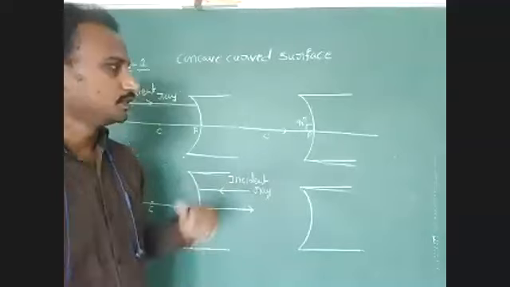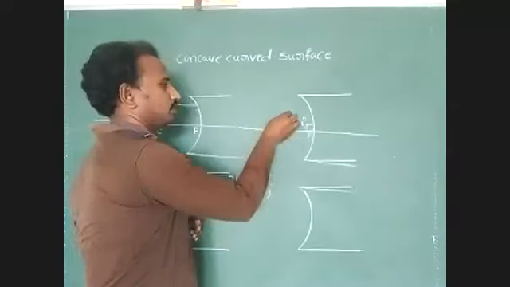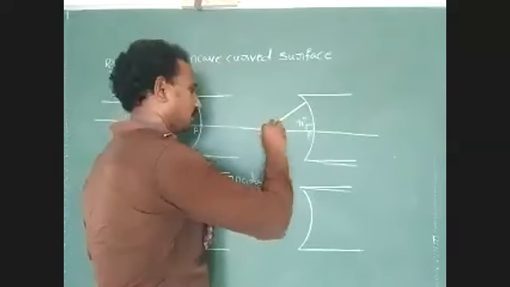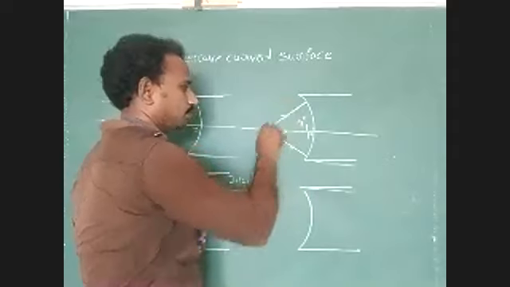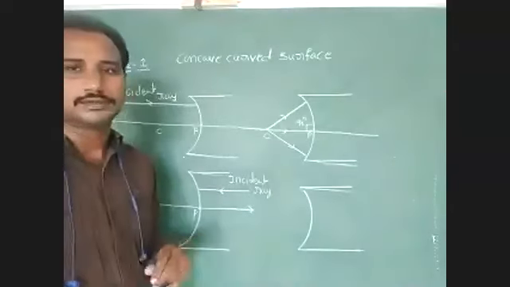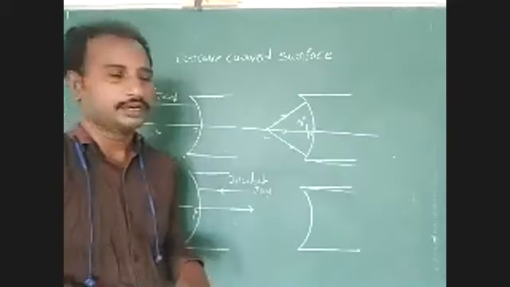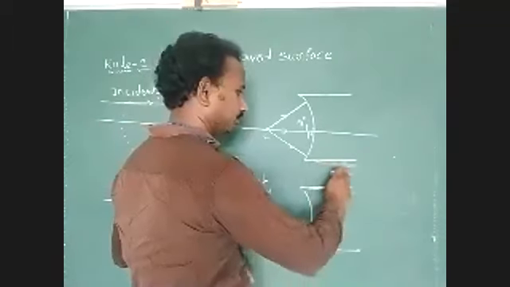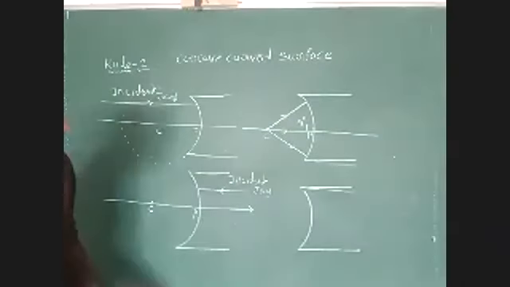Students, just identify this point. We represent the incident rays from the center of curvature. Here are another two incident rays, also represented from the center of curvature. What is the direction of the refracted ray in the denser optical medium? You have to represent it. Next, we identify the next condition.